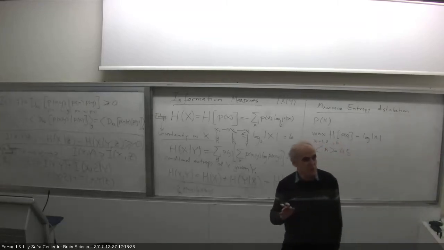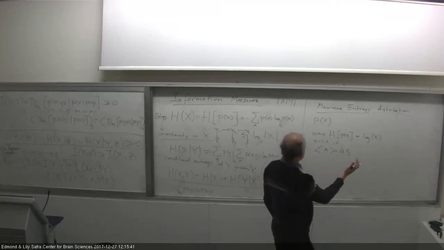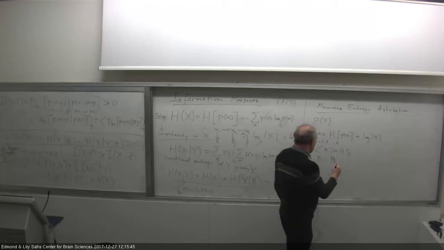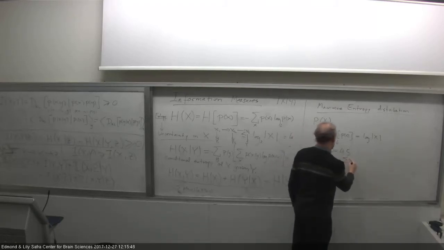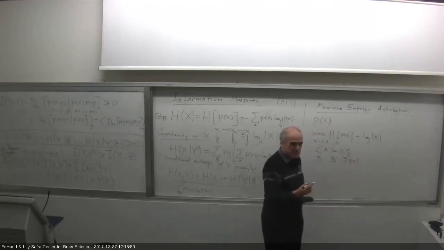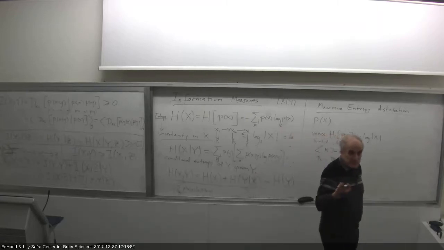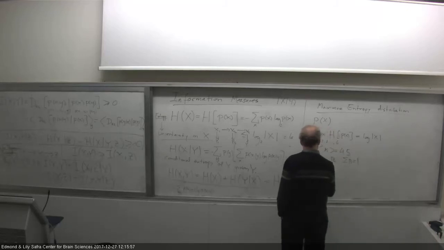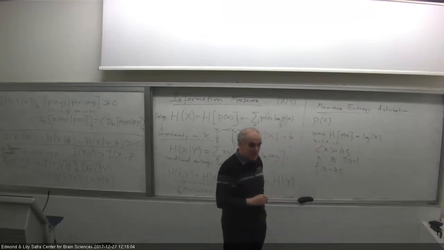This is an ill-posed question because there are 6 unknowns, P1 to P6. The only thing you know about them is that they're in the simplex, so the sum of the P_i is 1, and they're positive, not negative. I'm giving you one equation, essentially this equation: the sum of i P_i was 4.5. So you have 2 equations and 6 unknowns. You can't really determine P of 6.